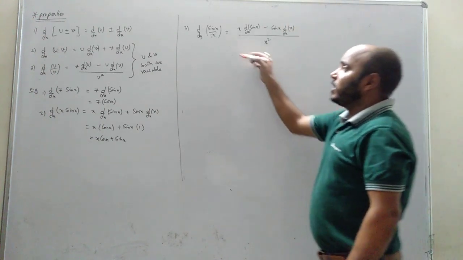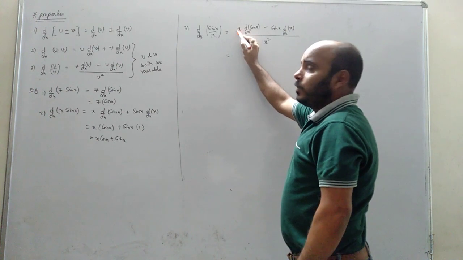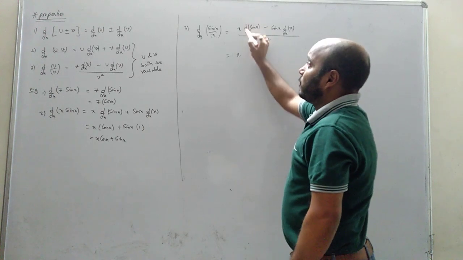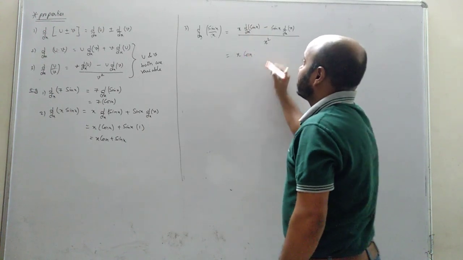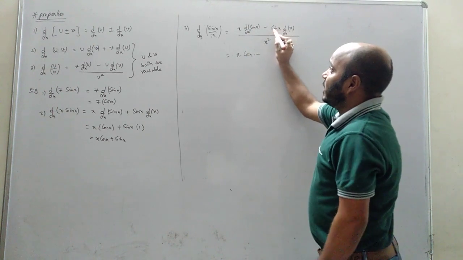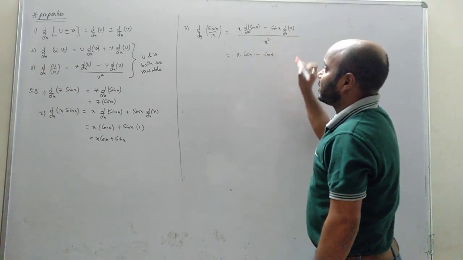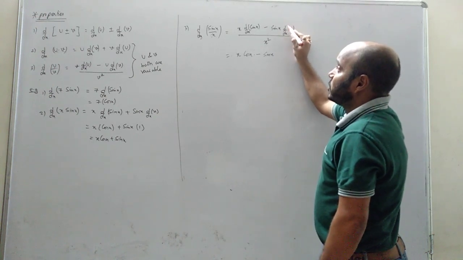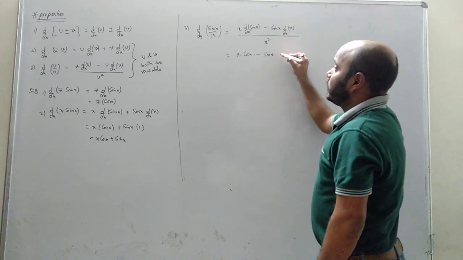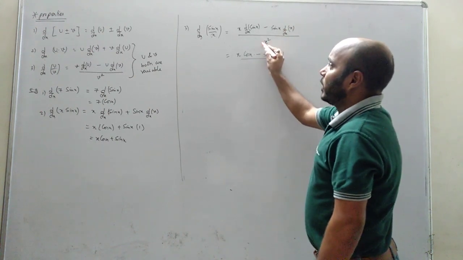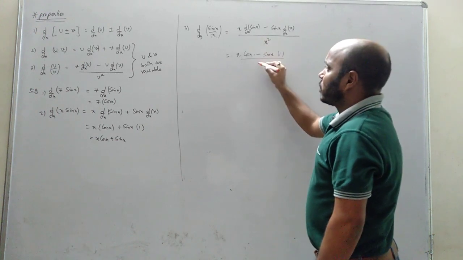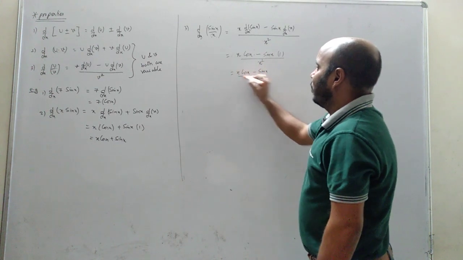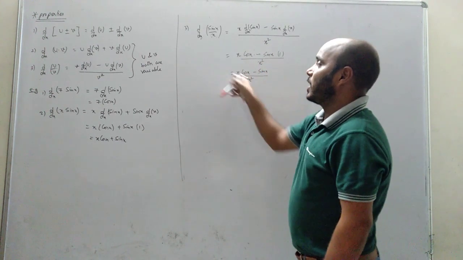the numerator. Okay, now let's solve. There is no differentiation in front of x, so x remains as x. Now sin x has differentiation with it, so you need to apply the formula. What is d/dx of sin x? cos x, minus. Now here there is nothing in front of sin x, so sin x will remain as sin x. Okay, d/dx of x, we have to apply the differentiation formula because before x we have d/dx. So what is d/dx of x? 1, whole divided by x square. There is no differentiation in front of x square, so it remains x square. So we have x cos x minus sin x, whole divided by x square. So that is the answer.